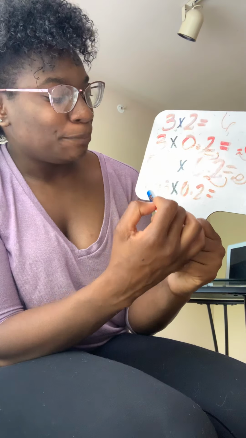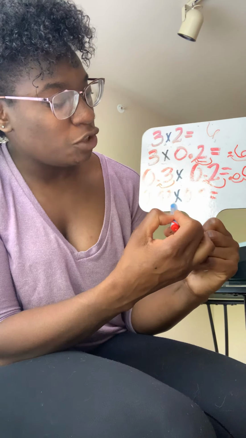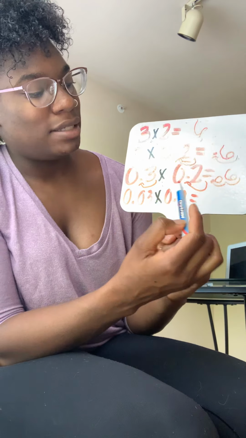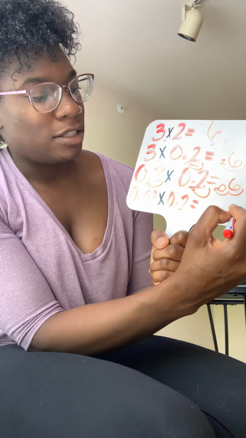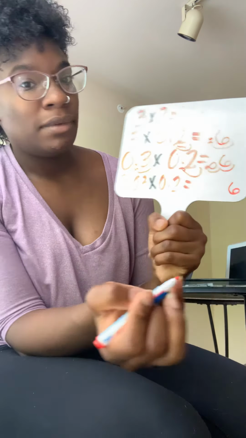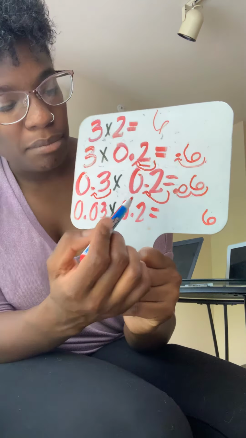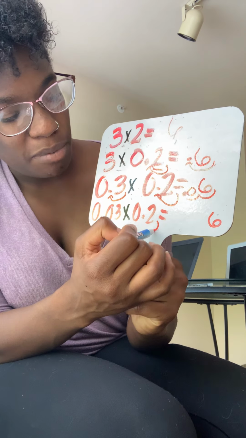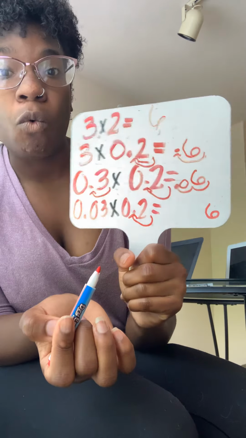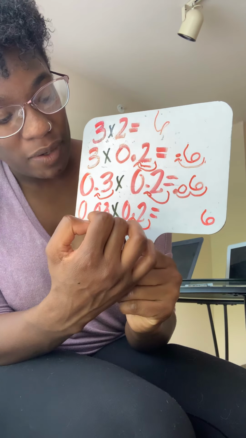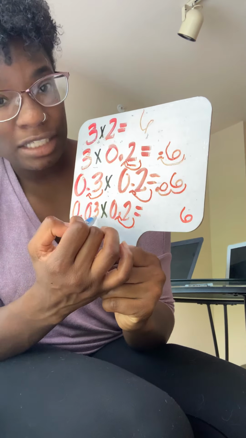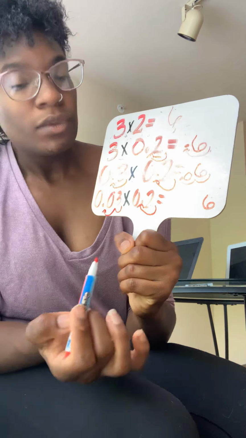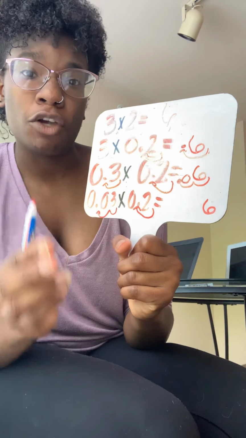For the last one, we've got 3 hundredths times 2 tenths. Once again, 3 times 2 equals 6. So I'm going to place that here. But now we've got to look at that decimal placement. We know this decimal point has moved over 1 position. But when we look at this number, it's moved over how many? 1, 2. So altogether, we've moved a total of 3